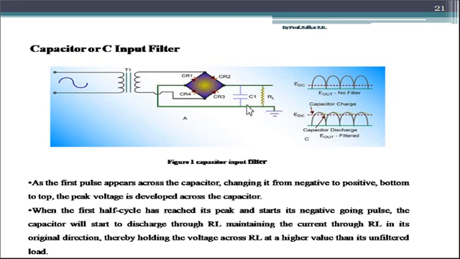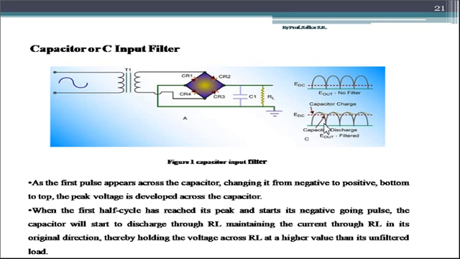We know that when any component is connected in parallel to the capacitor, that component utilizes the discharge path of the capacitor. Similarly, the capacitor charges through the parallelly connected bridge rectifier, whereas it discharges through the parallelly connected RL. That means the capacitor has formed two paths: the charging path through the rectifier and the discharging path through RL. Here in the second waveform you can see the capacitor charging path, this portion, and the capacitor discharging path, this portion.